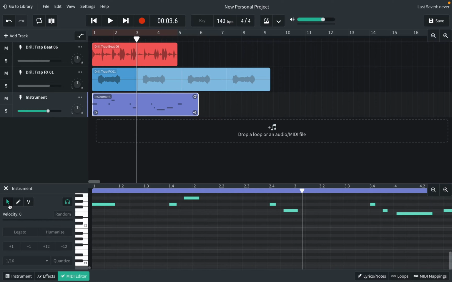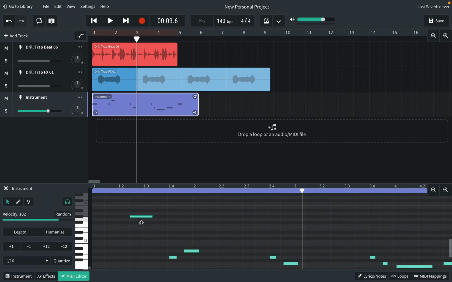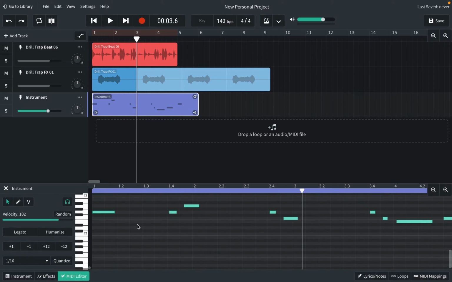So right now, I'm in the select mode, which means that I can select notes, okay, I can move them around in different places, okay, and that's pretty much it. But if I click on this pencil, then I go into edit mode and I can actually add notes by clicking. And you can see that the timeline at the top here is labeled based on where we are in the song. So this is measure 1, beat 1, measure 1, beat 2,